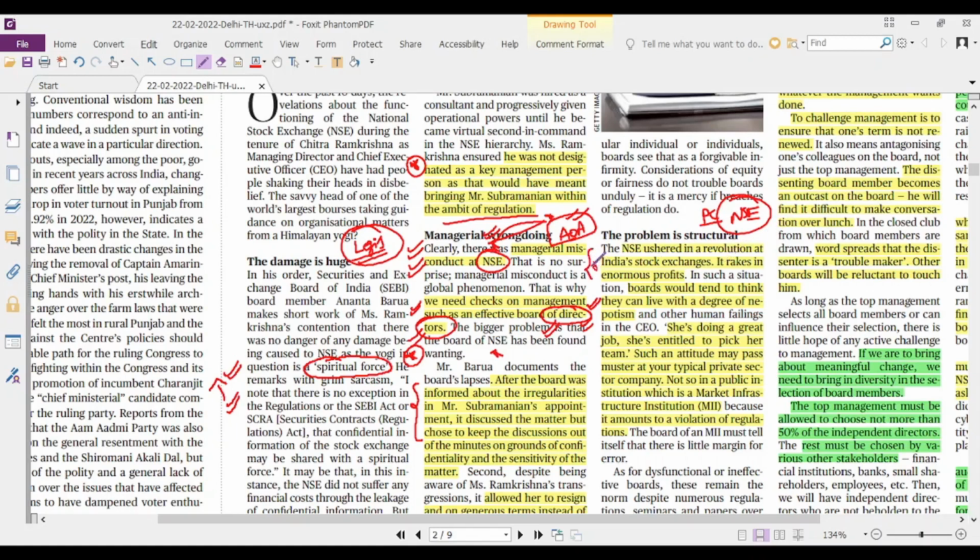The NSE was making good profits, so the board would have thought that a small degree of nepotism in appointing that certain individual and giving him perks even when he didn't deserve them could do no wrong. But that is the exact reason because of which crucial confidential information was leaking from the NSE.